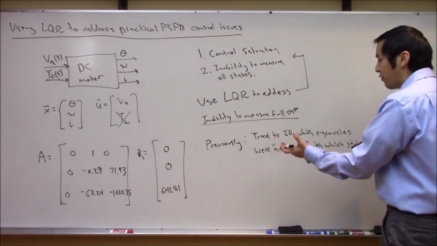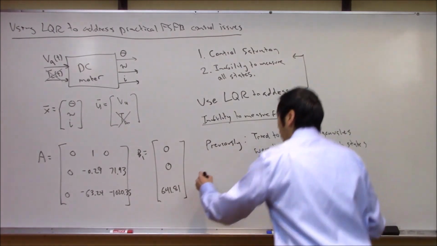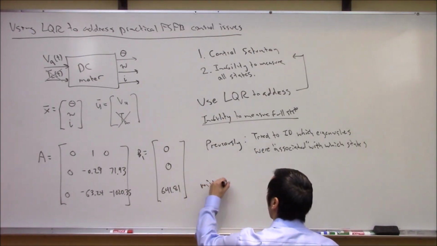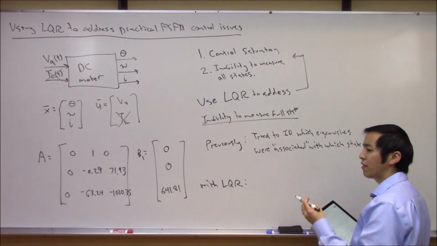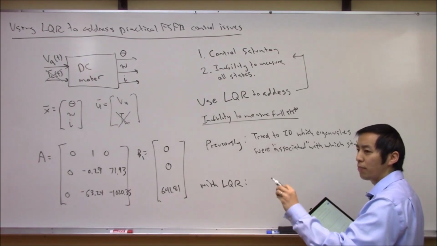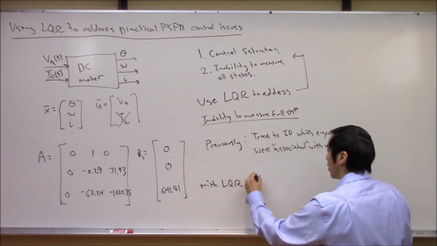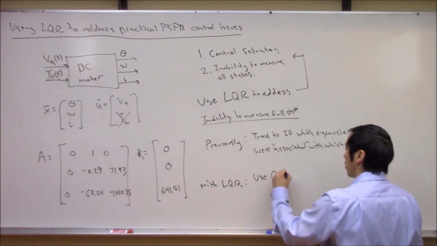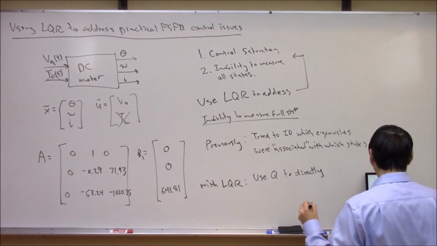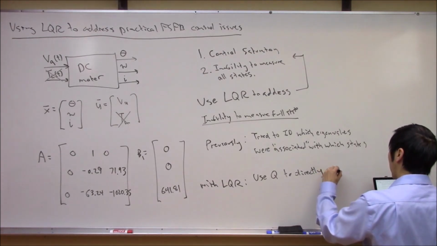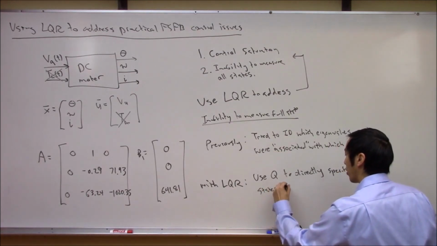Well, luckily for us, LQR is going to give us a tool to skip this. Because if you think about this now, with LQR, I don't care about the relationship between eigenvalues and states, because I have a tuning button that will directly allow me to penalize states. So with LQR, I can use that Q matrix to directly specify which states are important